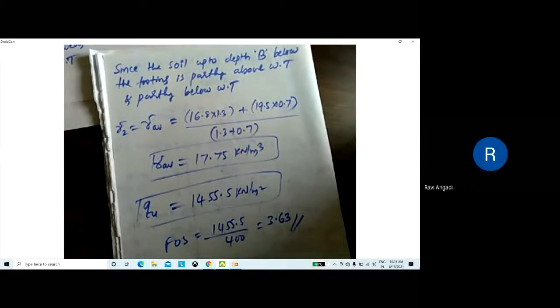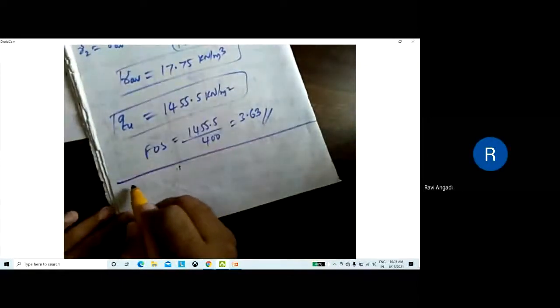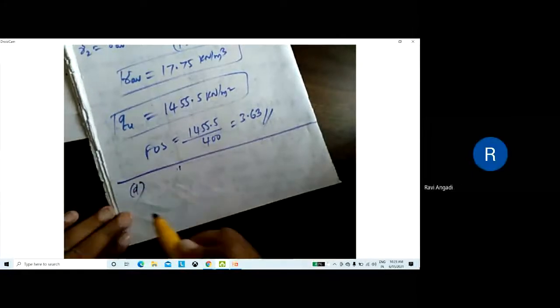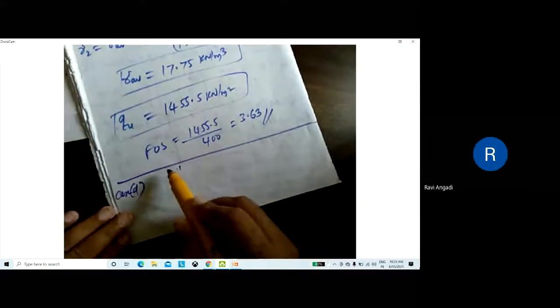Do you want answers to check? Yes, sir. I'll give you the answer for the fourth case, case D. Yes, for the fourth case, I'll give the QU directly. QU will be